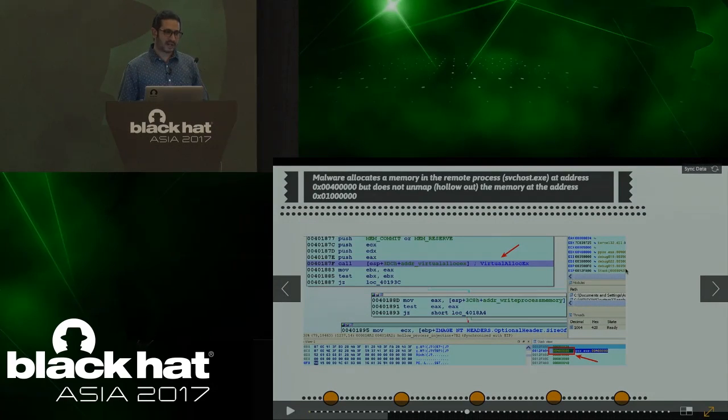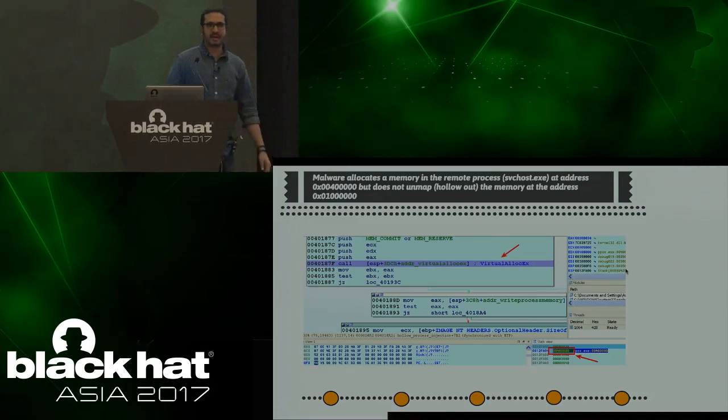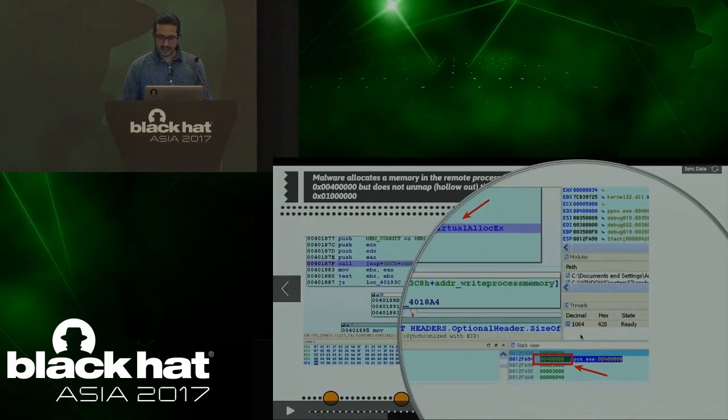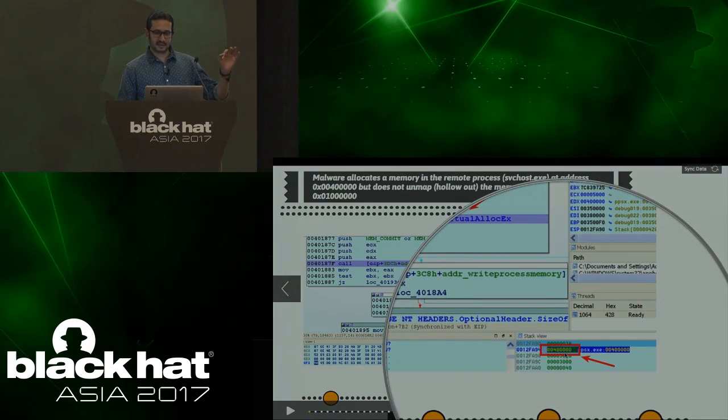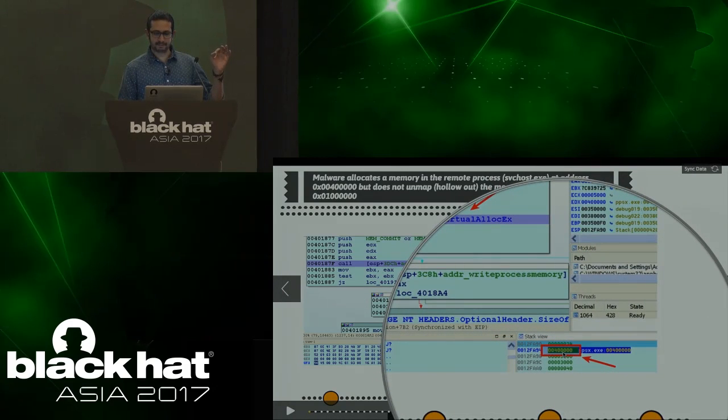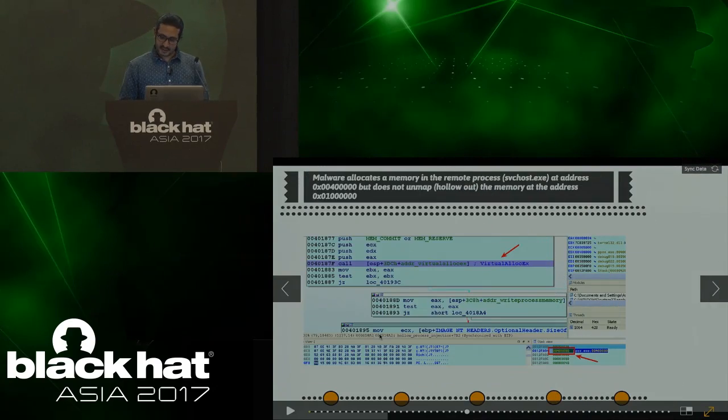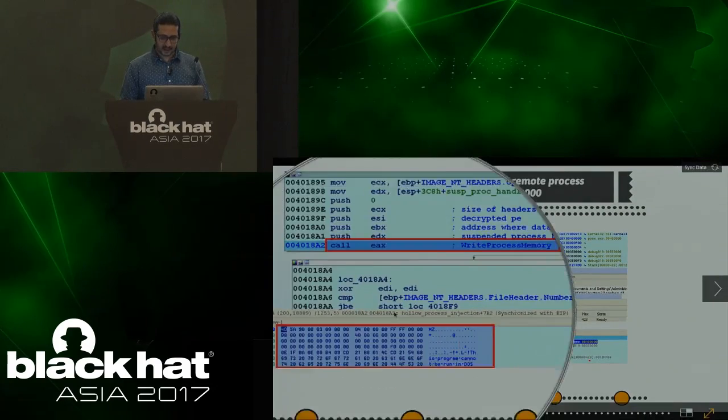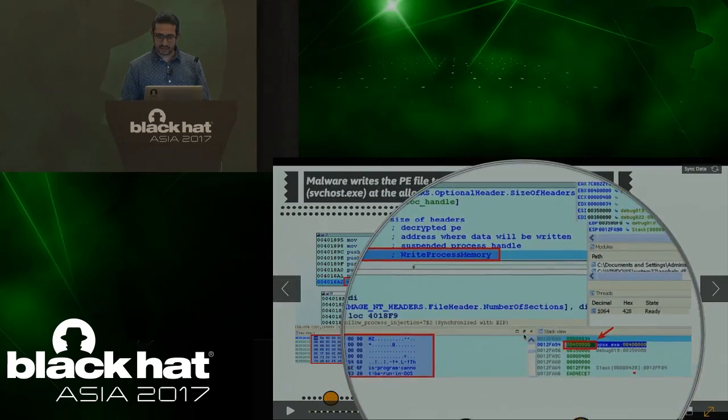Then, if you remember Stuxnet and Skia, it hollowed out the executable section. Here, it did not hollow out the executable section, it is still there, which means the svchost.exe in the suspended mode is still there. What it did was, it allocated a different memory region at this address, 4 followed by 5 zeros, and next it wrote the malicious executable into that address.